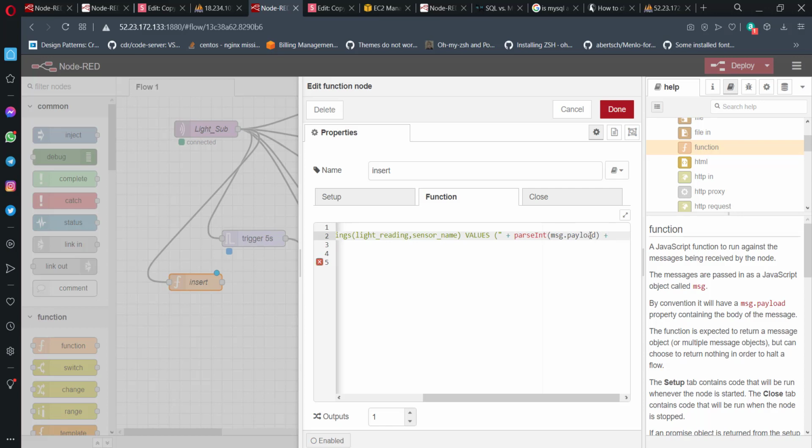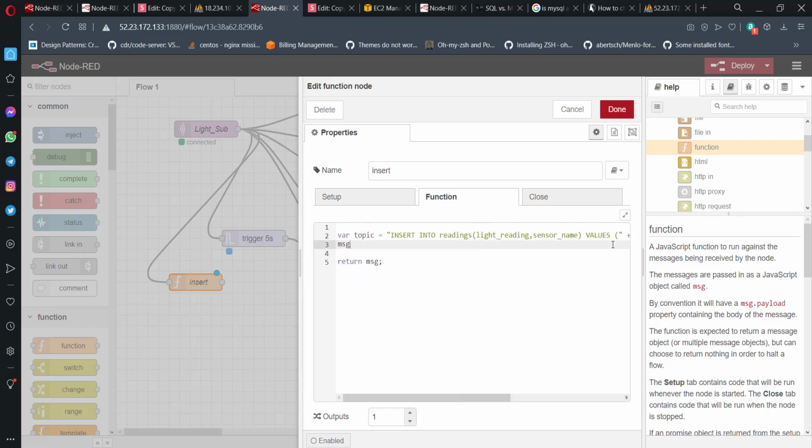I'm going to hit plus, all right, and continue the string. This is a comma, and then we are going to send the sensor name. I'm going to make it a static value for now, so photocell. I'm going to show you how you can make global variables for this part. For example, if you have multiple sensors and you want this to be dynamic, you don't want to actually write photocell or ultrasonic or whatever all the time, right? And close the bracket and semicolon here, and a semicolon by the end,